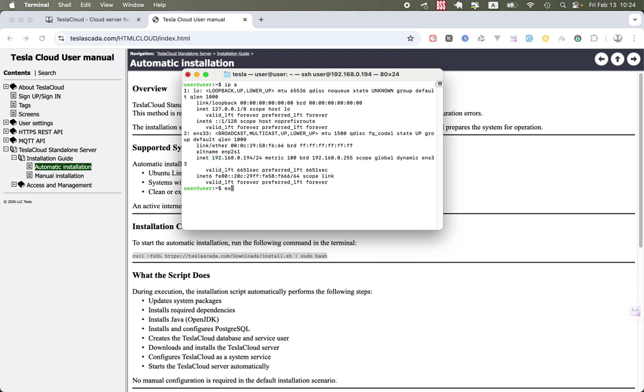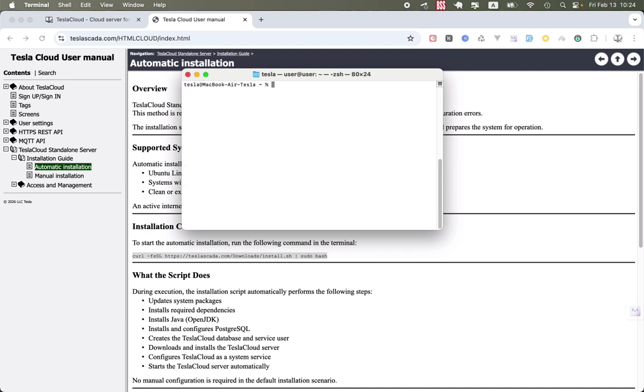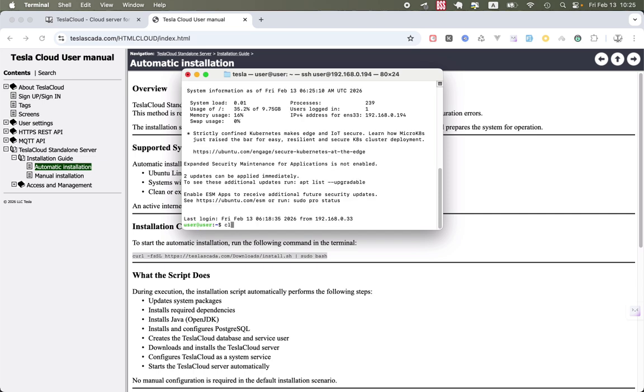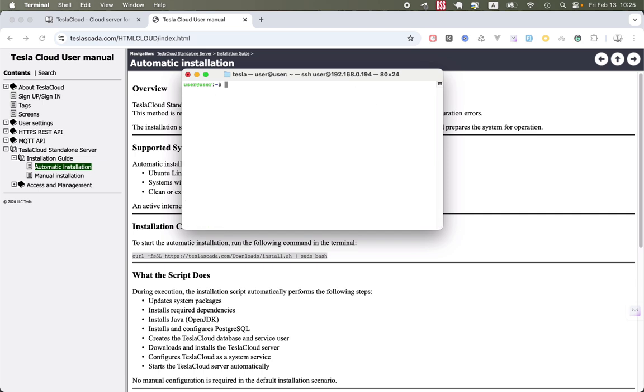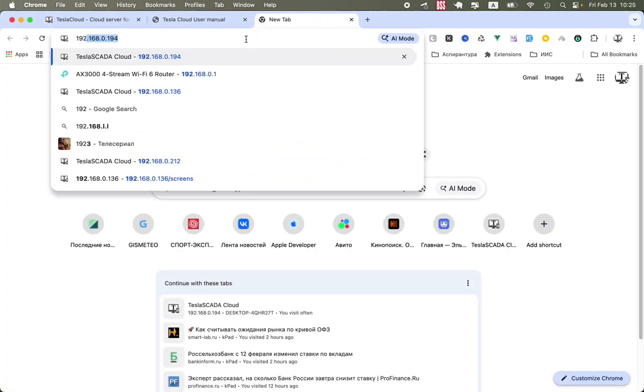Let's connect to our server. To do it we use SSH. Password. And to install TeslaCloud you use this script. But we already installed it to save time for this video, and you can test by opening a web browser on the